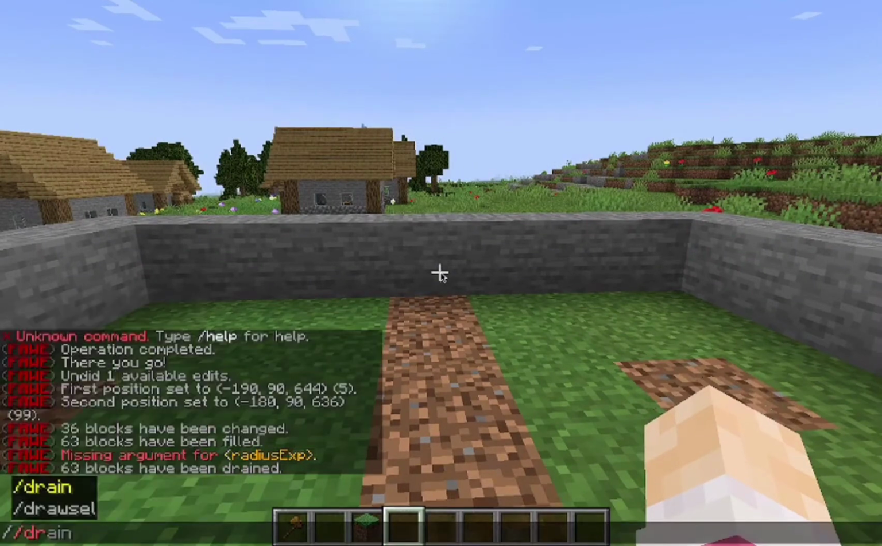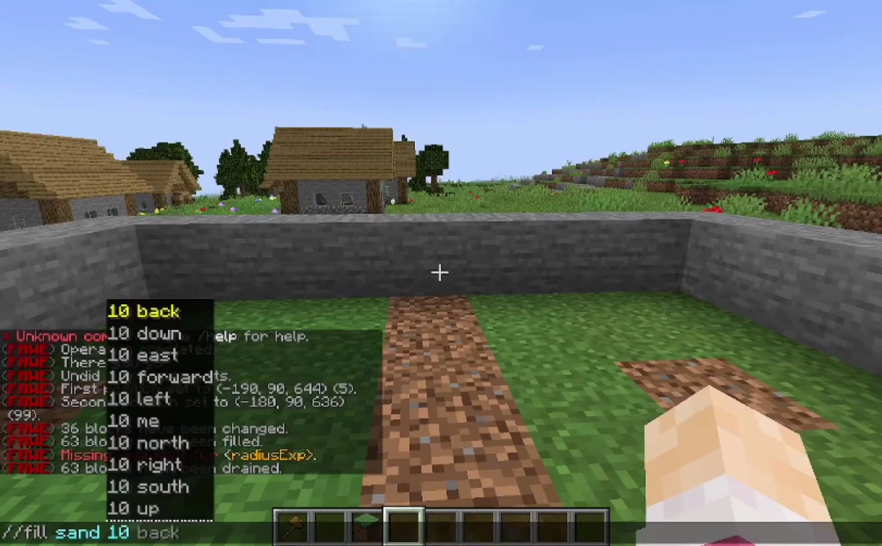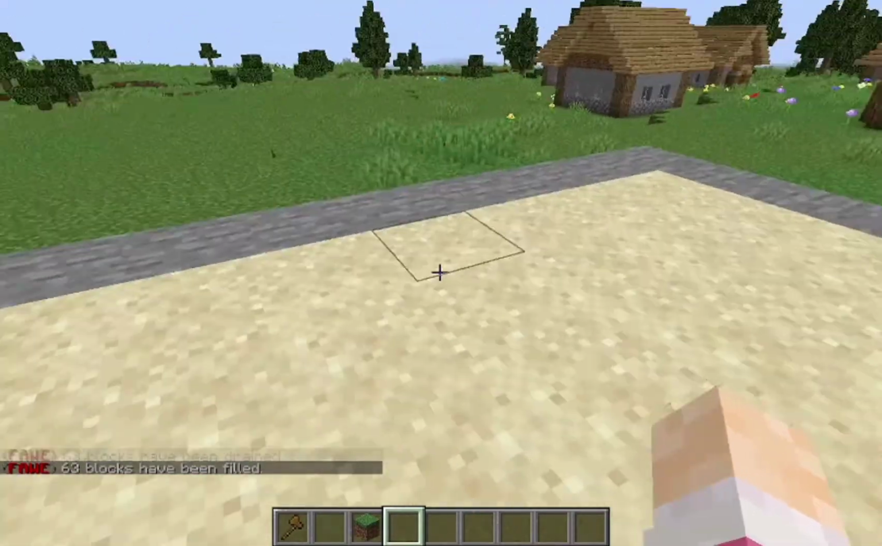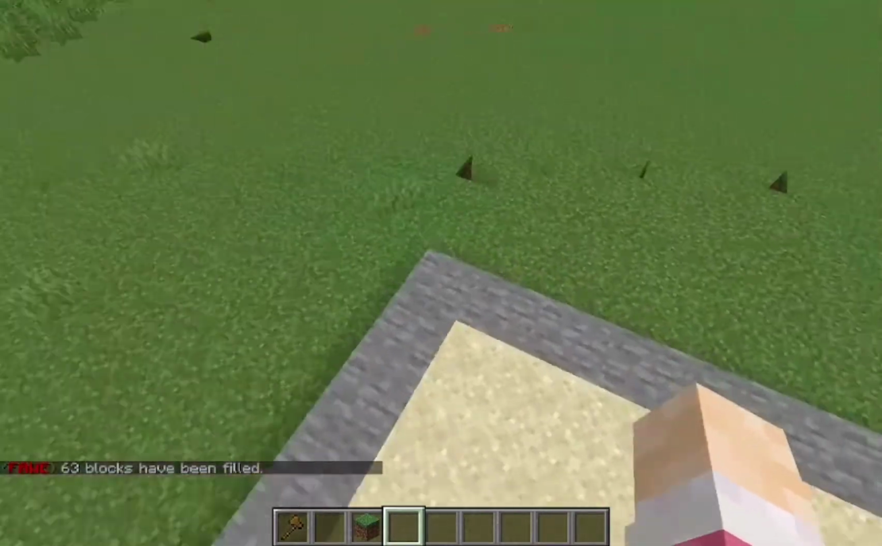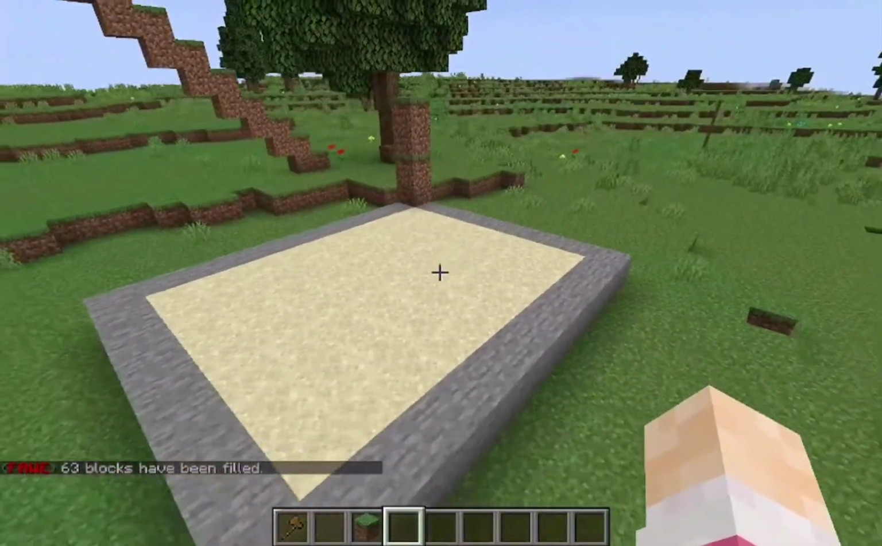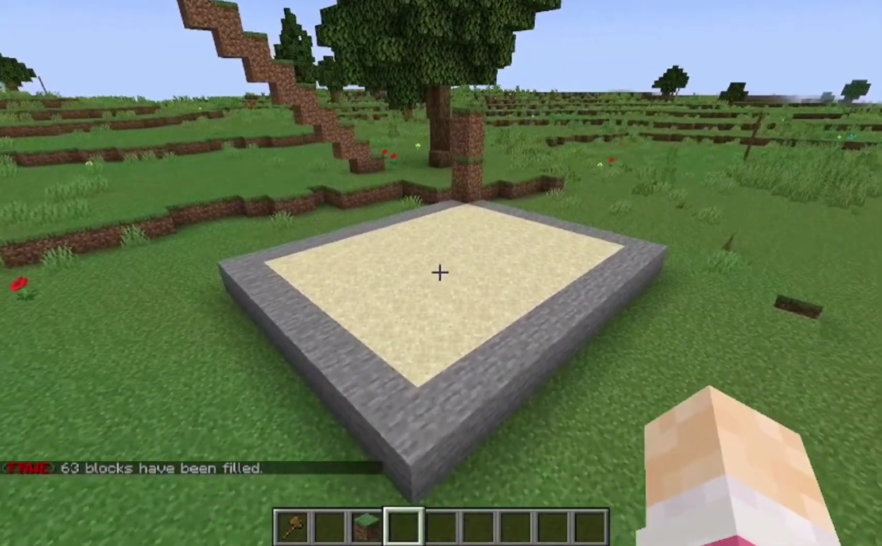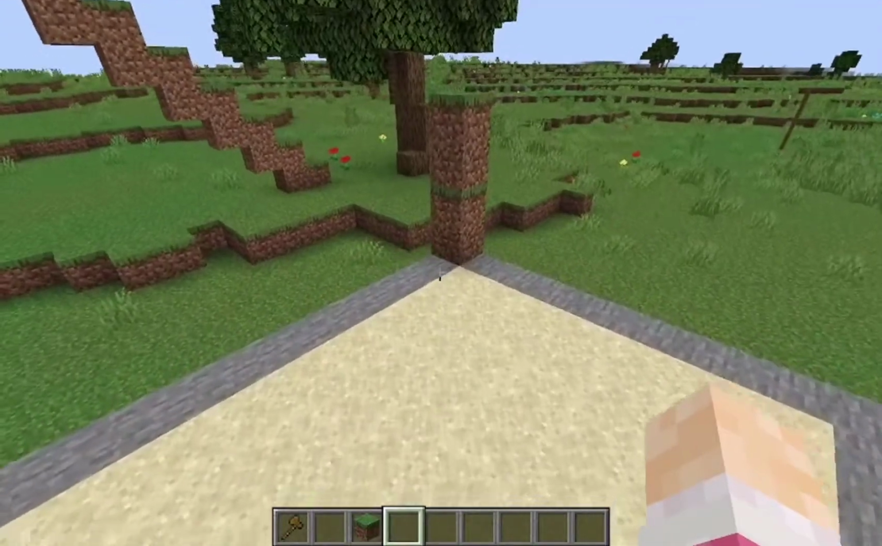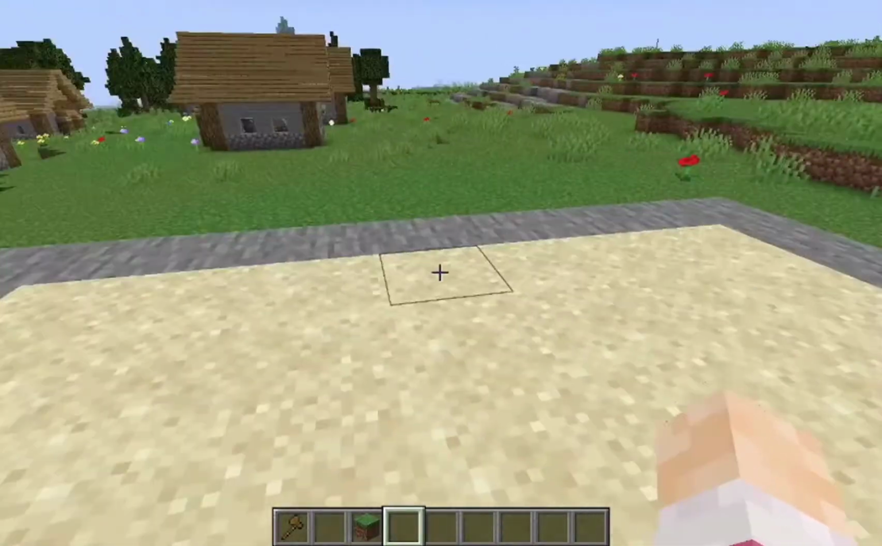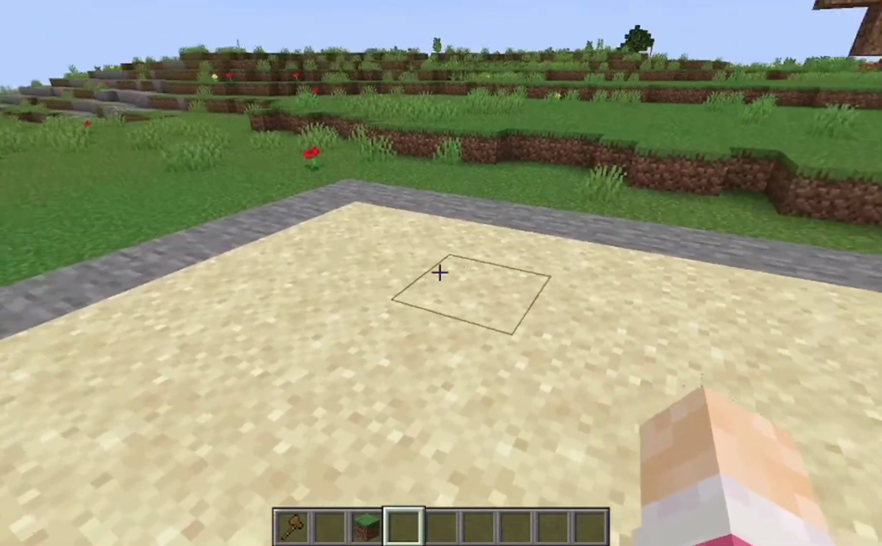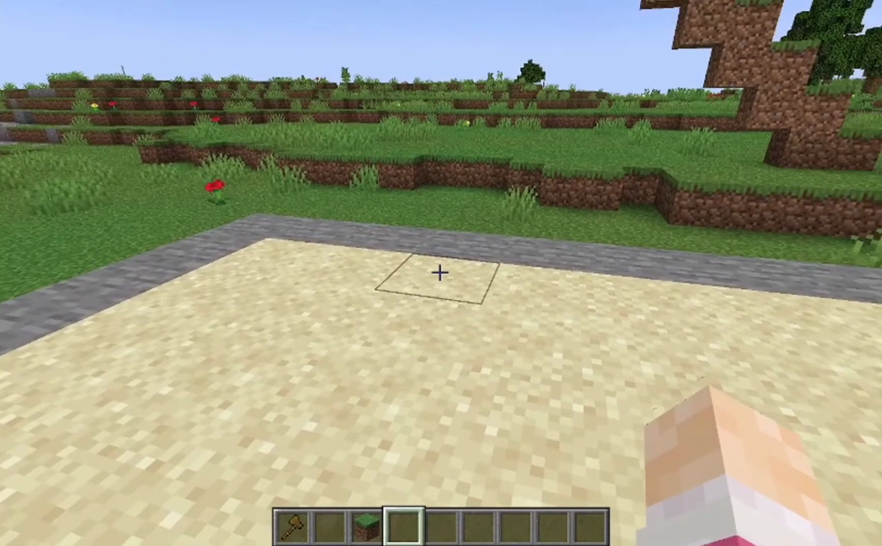Now I can, as I say, fill this with anything. I can fill it with sand. You must remember to put the radius in. You see, it only ever fills within the walls that you've got. So you need to be careful that you've got the walls marked properly in order for it to work. Okay, so